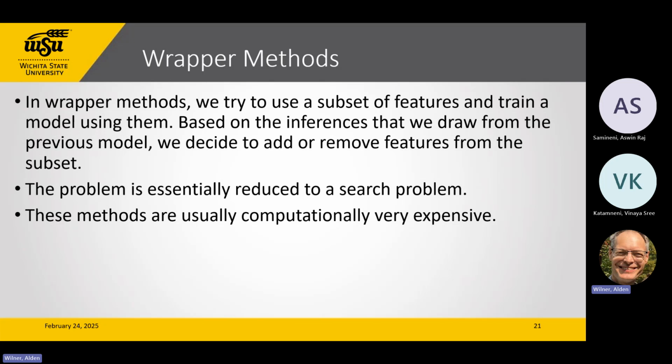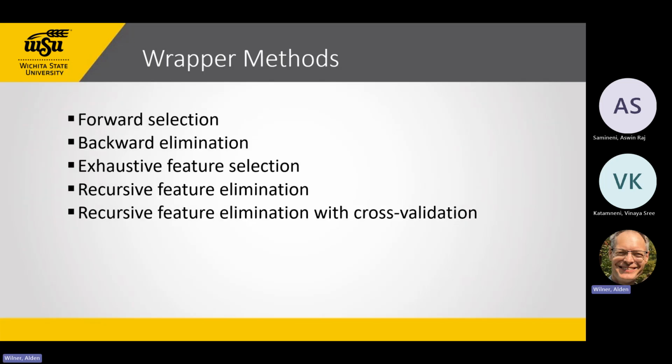If we do it exhaustively, we can have tons and tons of different runs of the model with different features. The 5 basic wrapper methods are forward selection, backward elimination, exhaustive feature selection, recursive feature elimination,